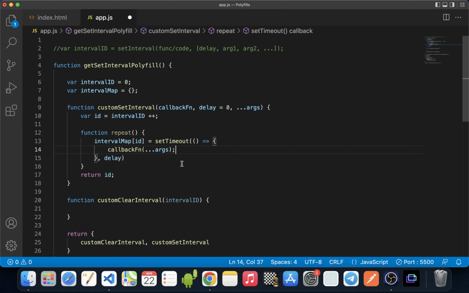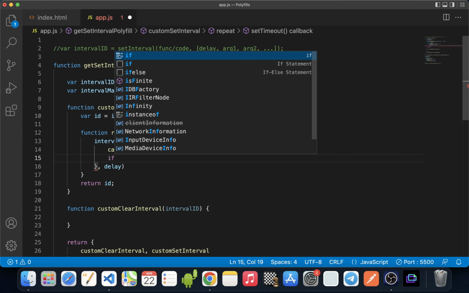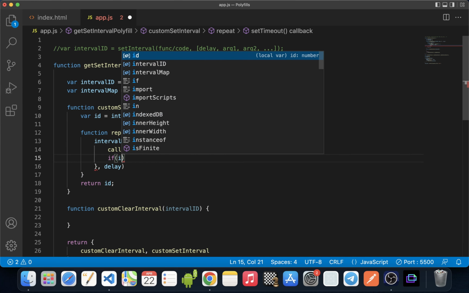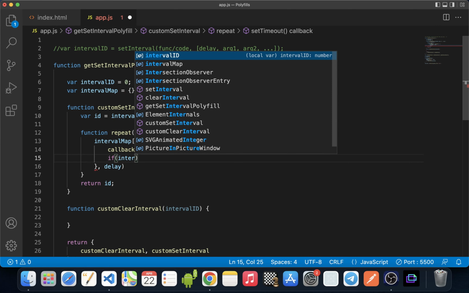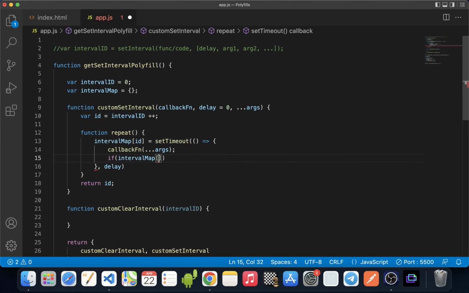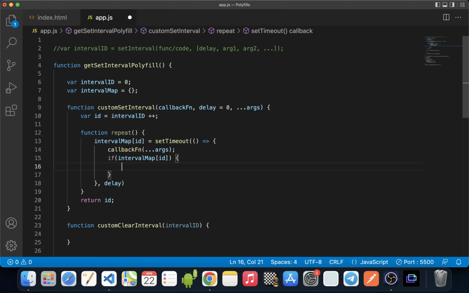And we'll add a check with an if condition, so that as long as we have the interval id in the interval map, we will keep calling the repeat function.